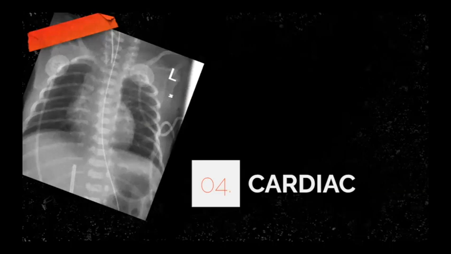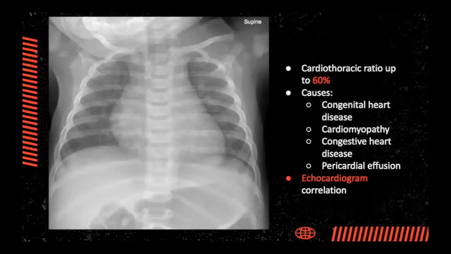We move on to the heart, or cardiac. In a pediatric patient, we can safely say that the normal cardiothoracic ratio will be up to 60% or 0.6. If it's enlarged, we should consider other causes, which are congenital heart disease, cardiomyopathy, congestive heart disease, or pericardial effusion. Yes, we can see typical features like a boot-shaped heart or egg on a string,